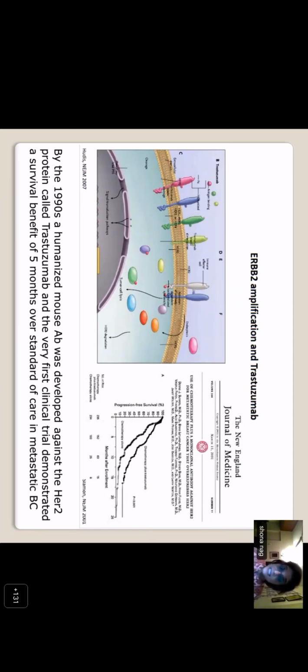It also, because it's an antibody, has ADCC activity as well. So there are multiple ways in which trastuzumab acts. Did we improve on trastuzumab? Yes, we gave it a partner called pertuzumab, which binds to a different domain, the dimerization domain. And these two drugs, when given together, have an even better effect than trastuzumab given alone. Again, an unprecedented survival improvement seen by the addition of Trast and Pert versus Trast, and a survival benefit of